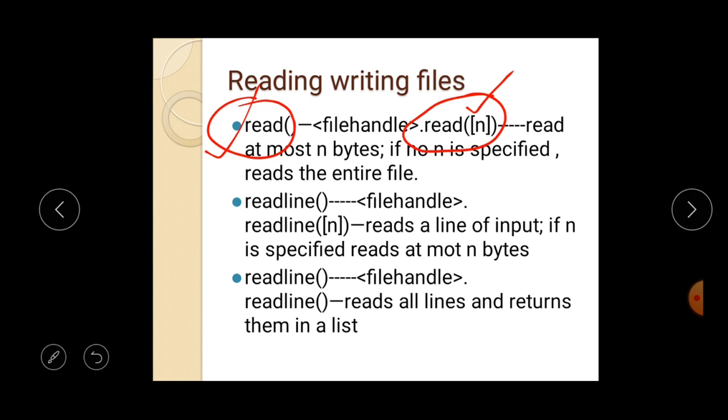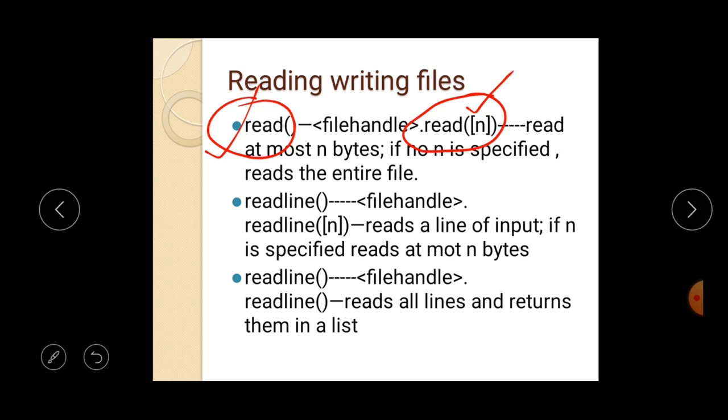But if you want to read the whole file, then there is no need to provide the total number of bytes in the parameter section. You can leave it blank, and when you leave it blank, the read function will read the entire file. So this is the basic difference between read and read n.